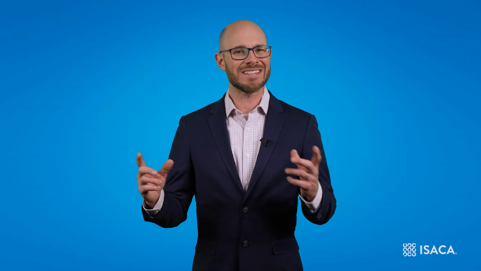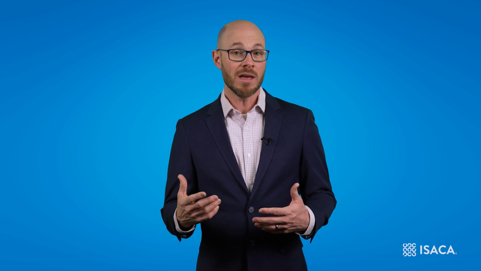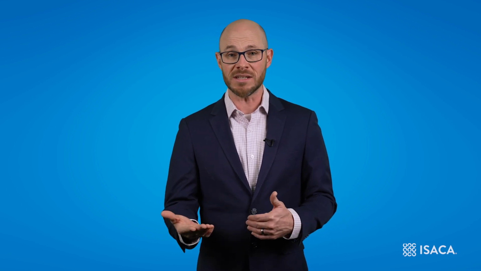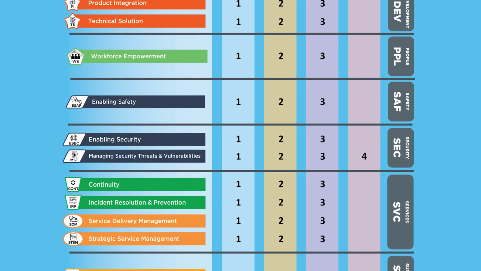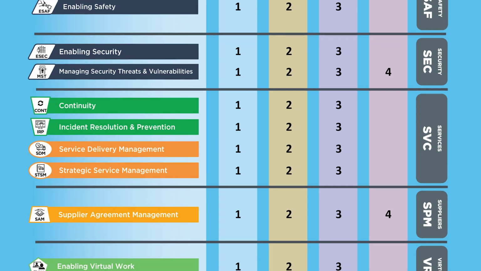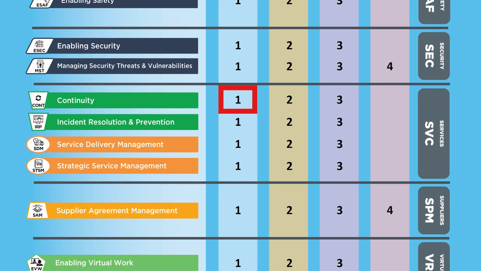The degree to which continued operation of the business is possible may depend to a certain extent on the nature of the business and the provisions that have been put in place. The practices of continuity go up to practice group level 3 and reflect the expected evolutionary progression towards increasing capability. The level 1 practice directs us to start developing contingency approaches to manage disruption to the business. At level 2, we start to be a bit more formalized and managed in our approach to contingency planning, firstly by identifying critical functions and resources, and then by establishing fully formed continuity plans.